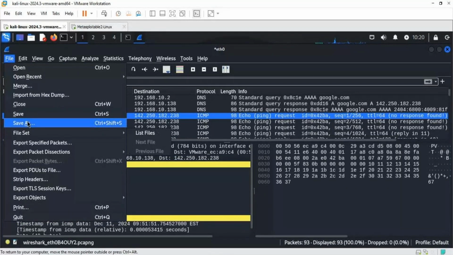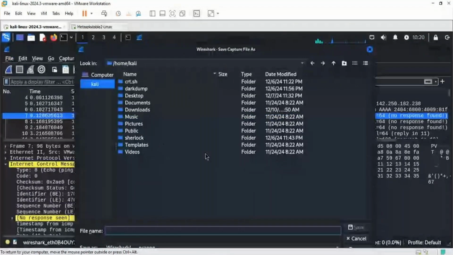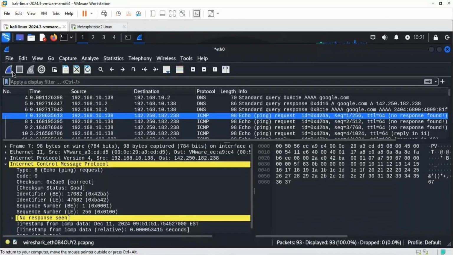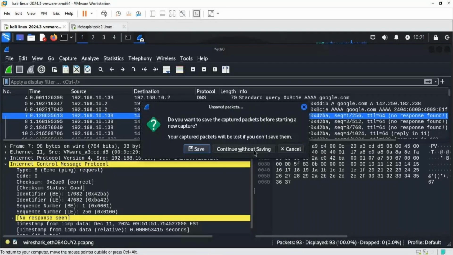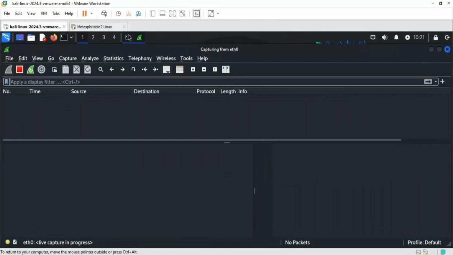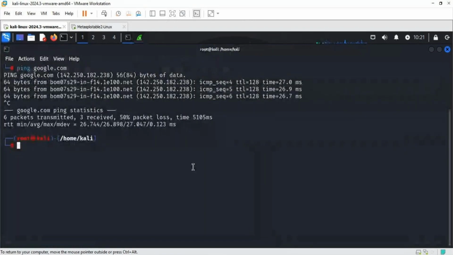We have the Save As, and from here, guys, we will be able to save it inside our system so that later, when we have to perform the analysis, we will be able to find the information about it. Continue without saving. I do not want to save the content here. So over here, guys, what I will be doing is